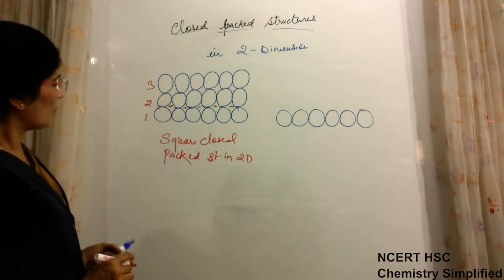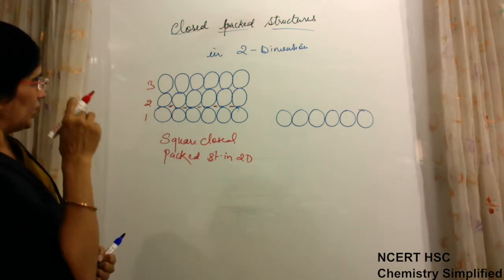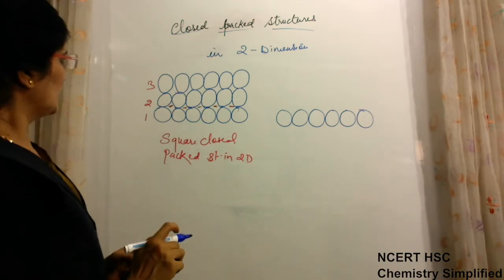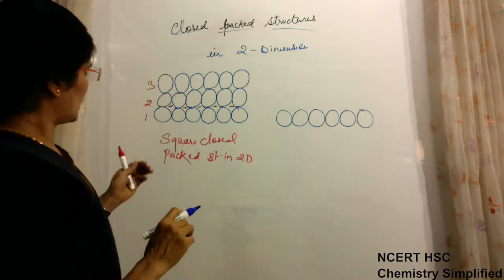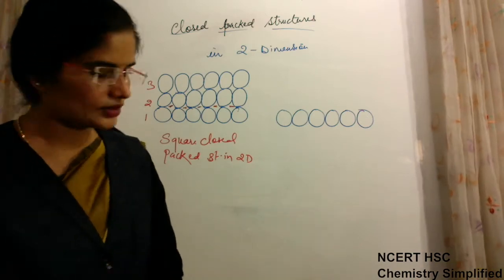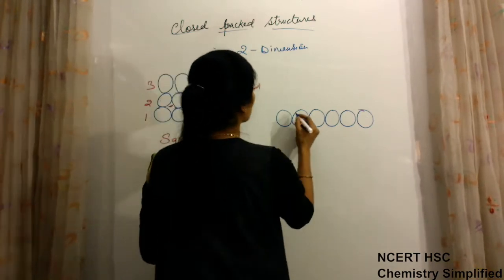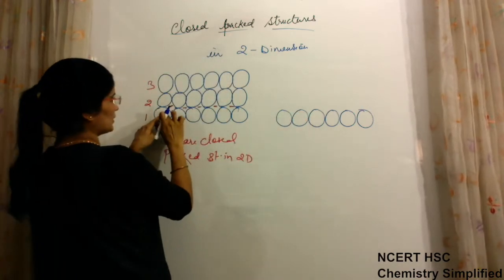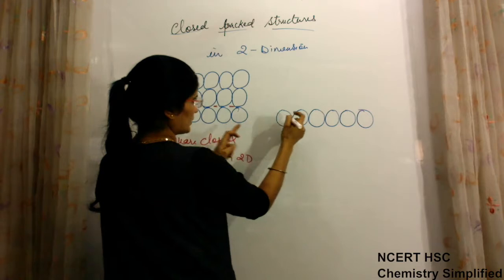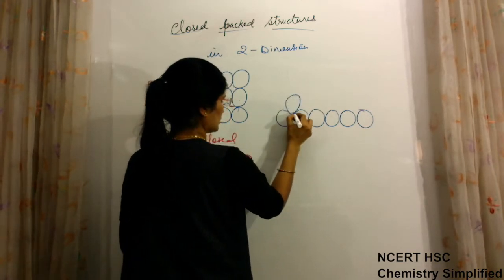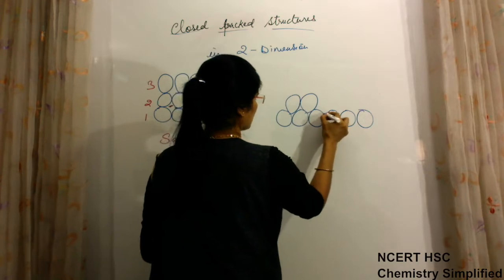Now if you see this structure, just see another way of arranging this. Instead of arranging it like this, if I arrange like this, these are two particles. See here, one particle up just above it. Now in the gap of 2, I am keeping another particle. Placed one particle.